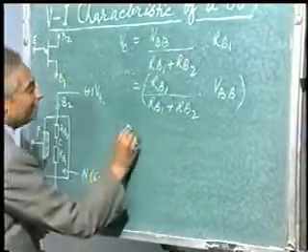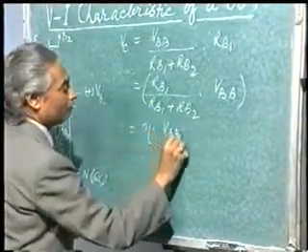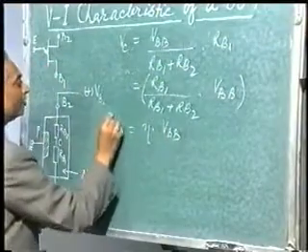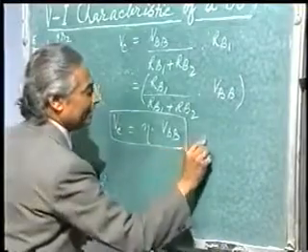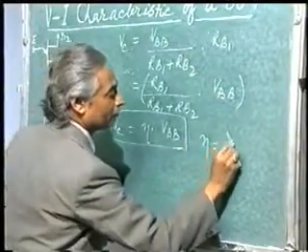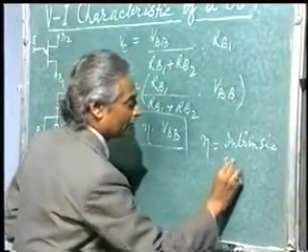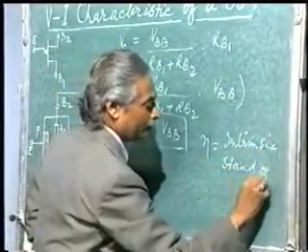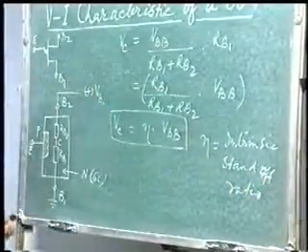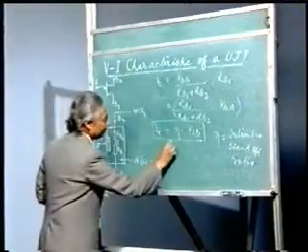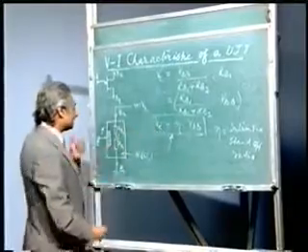So, if it is written as say eta, then it becomes VC is equal to eta times VBB, where eta is intrinsic standoff ratio. This equation is very, very important, and it tells you that the potential at this point C, where